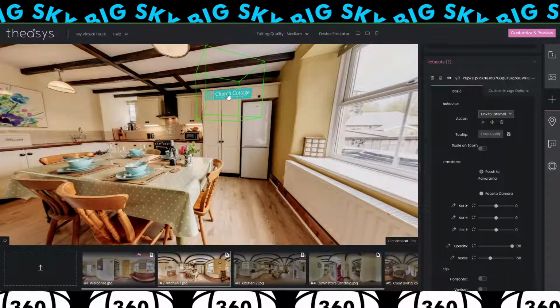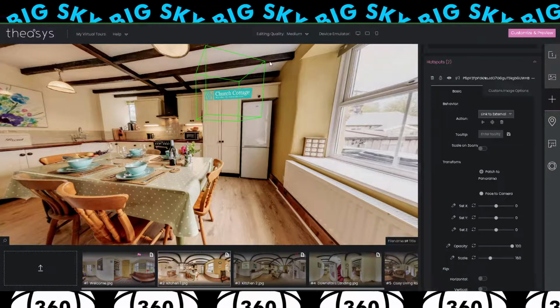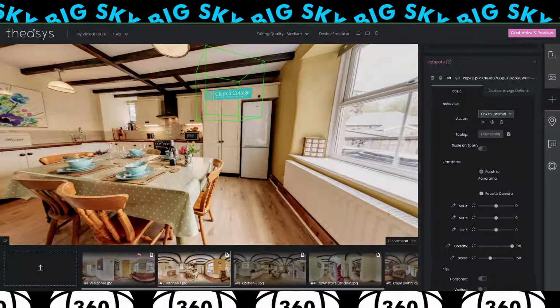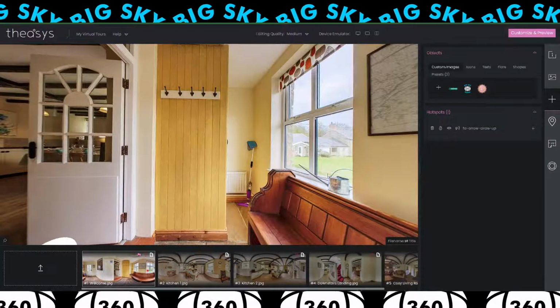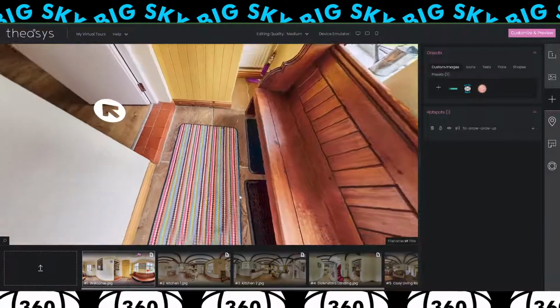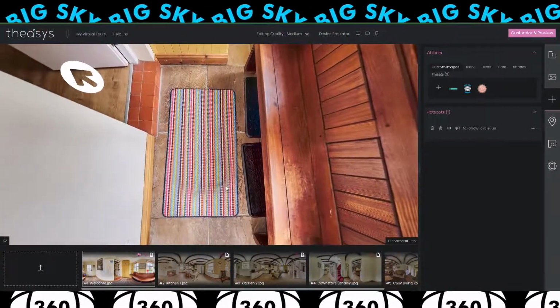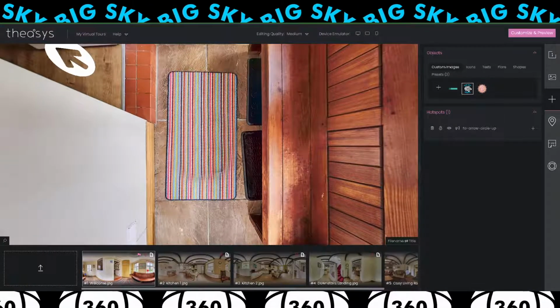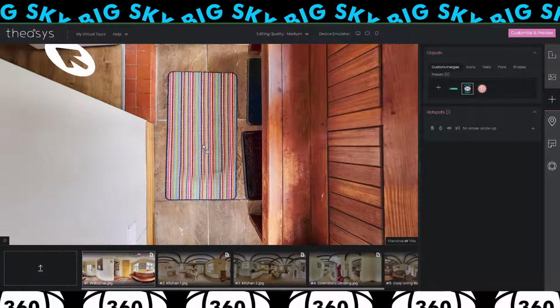So now we've added a custom icon and we've changed it into a hotspot. We've got a green square around it so we know it's live. We also want to add our nadir in now. So we'll scroll down to where our nadir should be, and then we'll drag our patch over and we'll just pop it